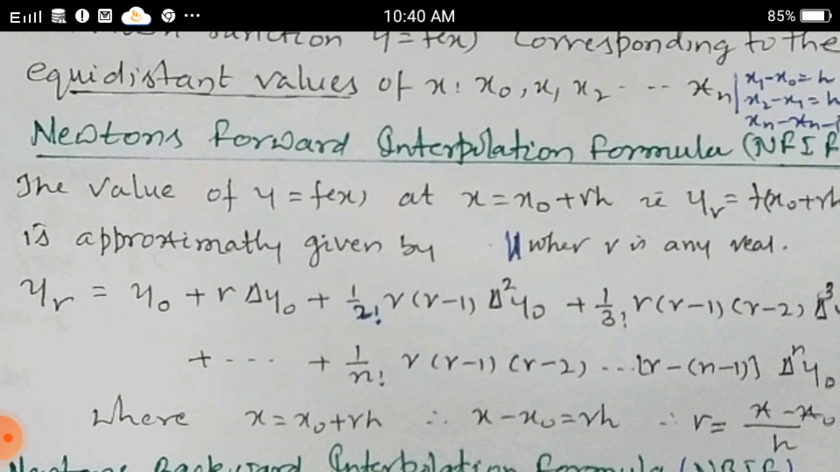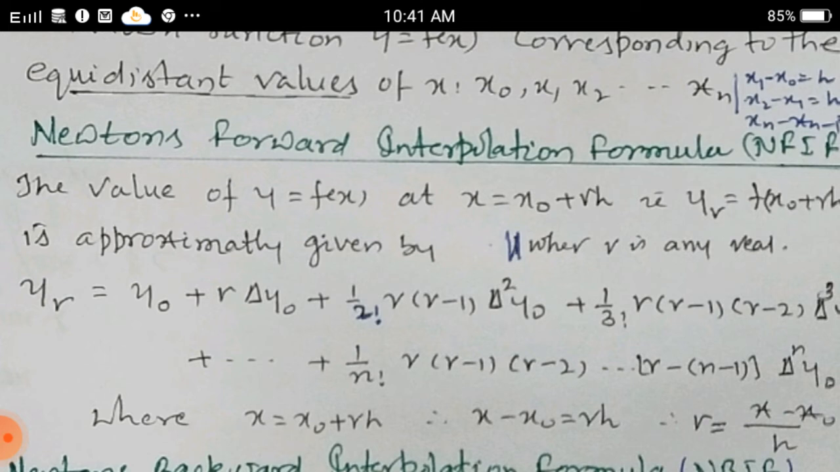that is, y suffix r is equal to f of x naught plus rh, which is approximately given by the following, where r is any real number. y suffix r is equal to f of x naught plus rh, which is equal to y naught plus r into delta y naught plus 1 by 2 factorial r into r minus 1 into delta square y naught plus 1 by 3 factorial r into r minus 1 into r minus 2 delta cube y naught plus and so on, plus the last term 1 by n factorial r into r minus 1 into r minus 2 and so on, r minus of n minus 1 into delta to the power of n y naught,